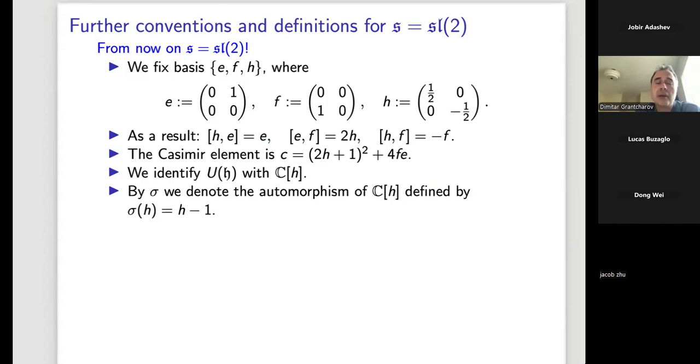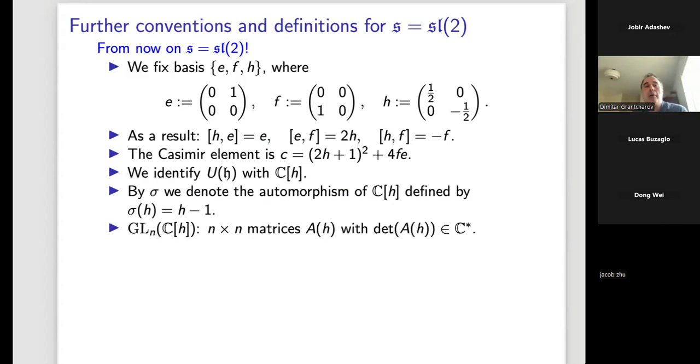And this sigma is very important. Sigma throughout the talk will be the automorphism which is the shift to the left, sigma of h. And then we have n by n matrices forming a group. As you know, this is the unpleasant part, since the entries are polynomial. To have a group of matrices of polynomials, the determinant should be a non-zero scalar. So this group is restrictive and definitely difficult to work with.